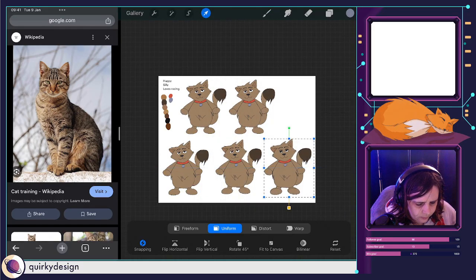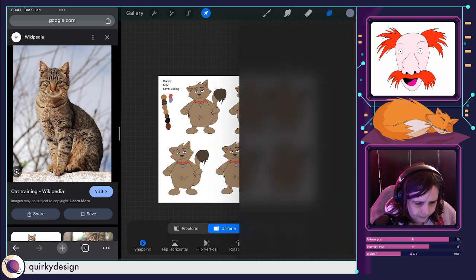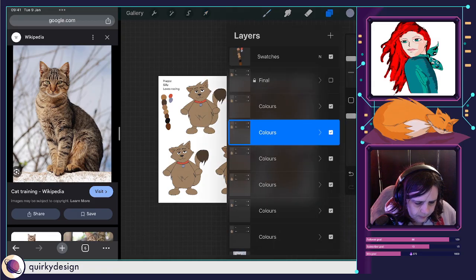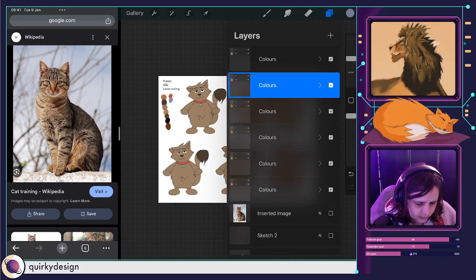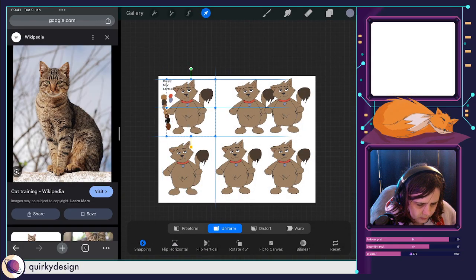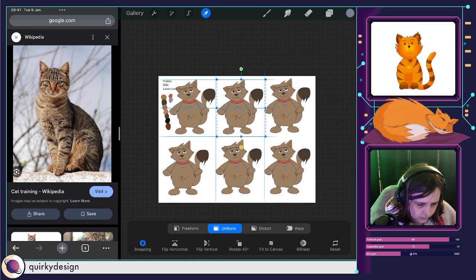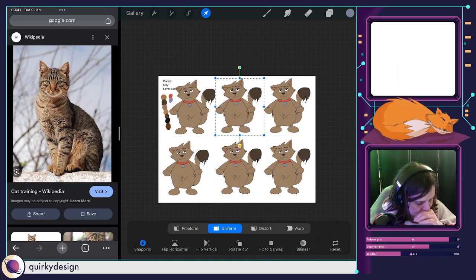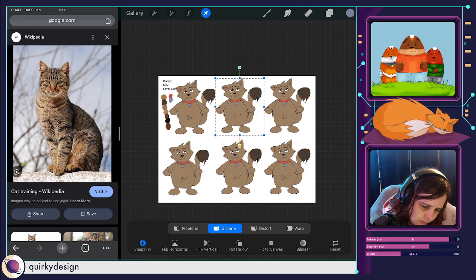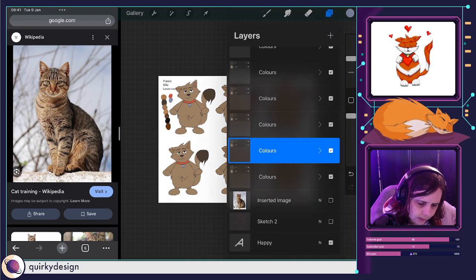So there we go. Got an ideas board here. And they're all kind of snapped onto one layer, which is, well, into multiple groups, which is good.